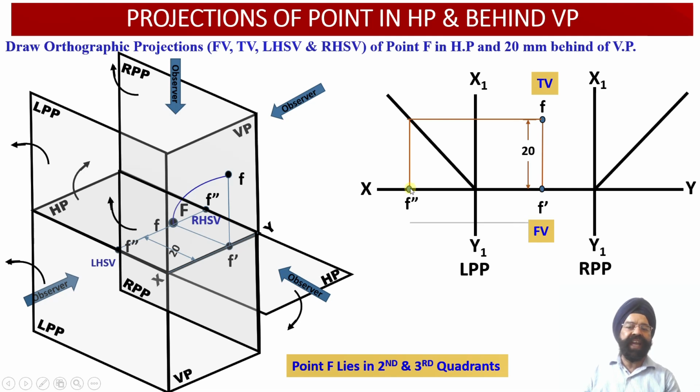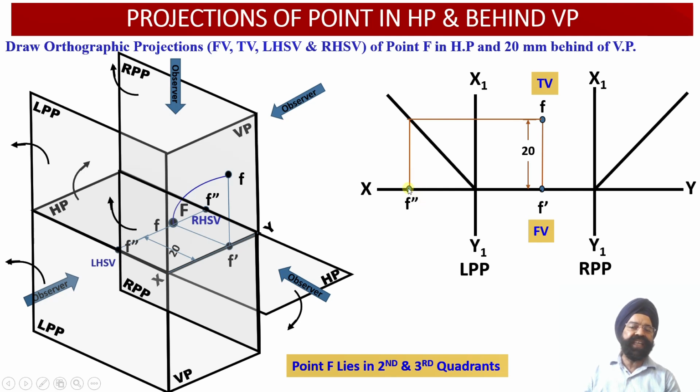Therefore, the side view projection will also lie onto the XY reference line. We have already checked that we had obtained the left hand side view projection onto the XY reference line or the horizontal plane. So wherever this vertical projector line and this horizontal projector line emerging from the point F dash intersect,